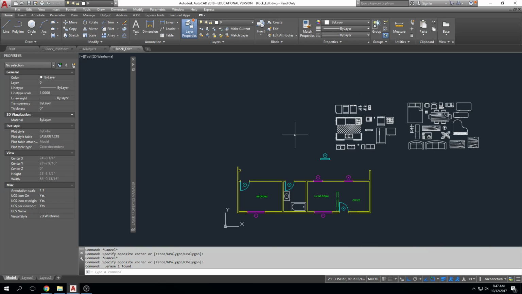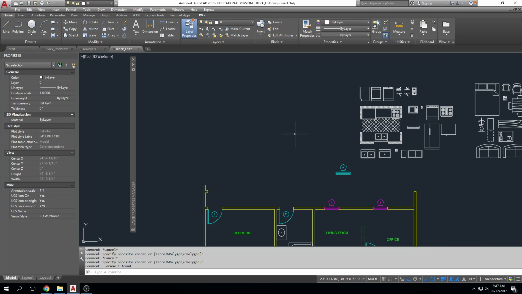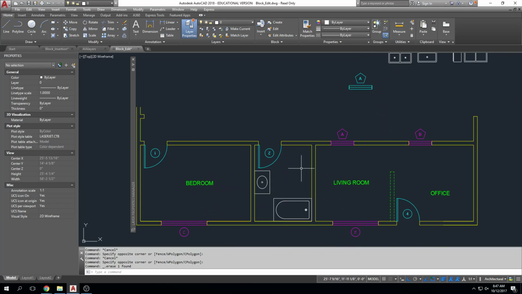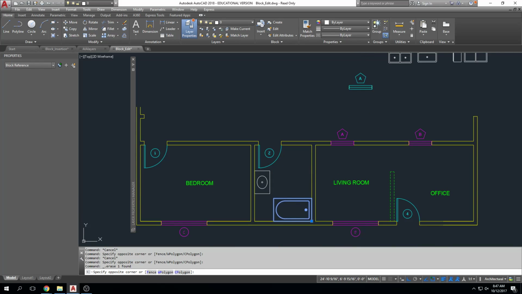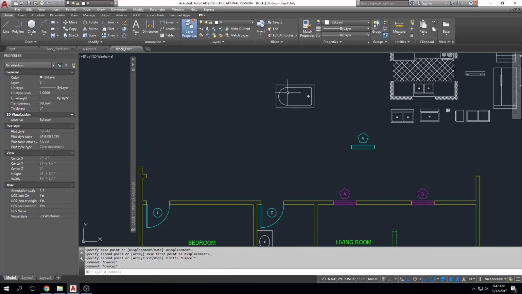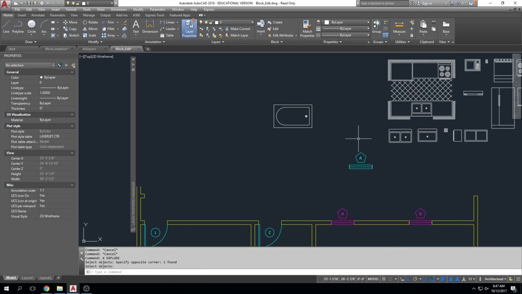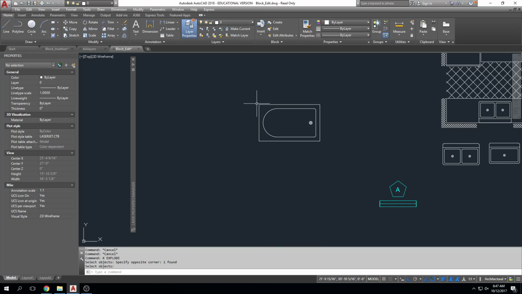I'm going to create one more block and then we'll talk about how we use those blocks. How do we bring them back onto our screen for use? Okay, let's do this tub right here. So I have this tub, and I want to turn it into a block. It's something that I think I will use, so I draw it out and I make sure